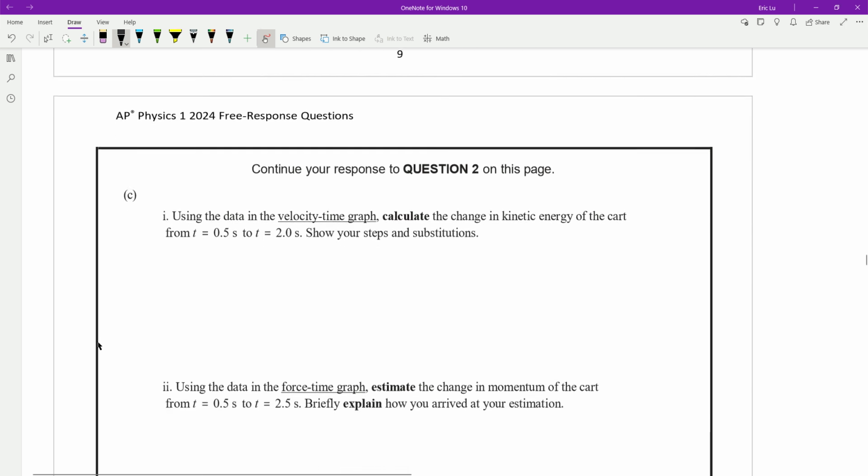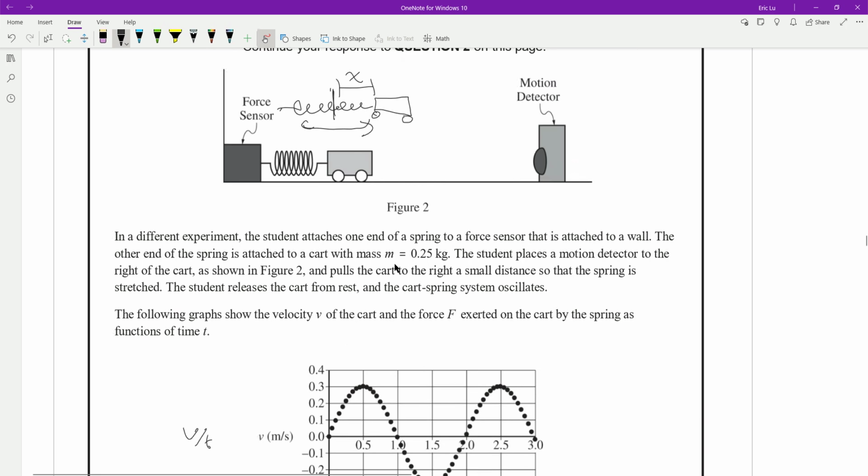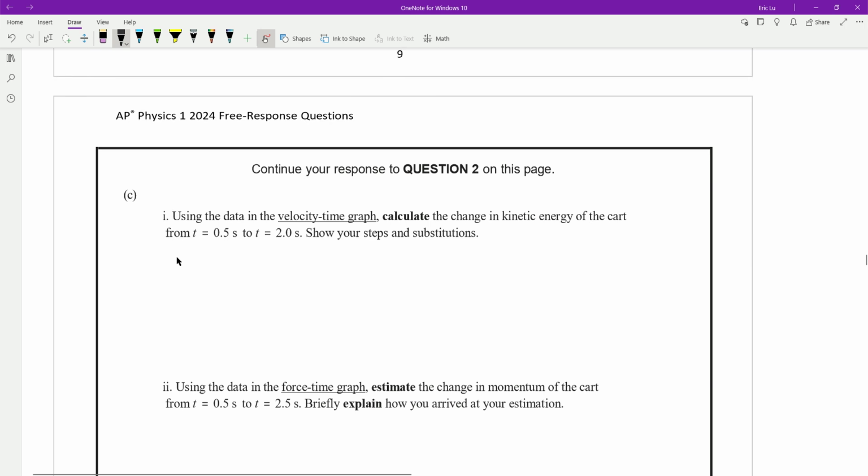And using the data in the velocity time graph, calculate the change in kinetic energy of the cart from t equals 0.5 seconds to t equals 2.0 seconds. Show your steps and substitutions. Okay, so we know the mass of the cart. So this should be easy because the change in kinetic energy, delta KE, would be the final kinetic energy at 2 seconds minus the initial kinetic energy at 0.5 seconds. So